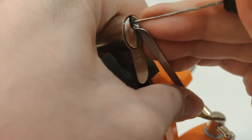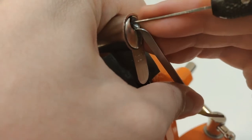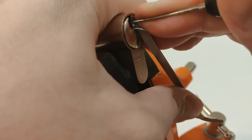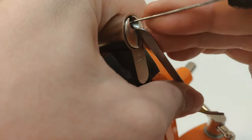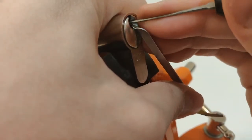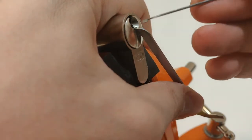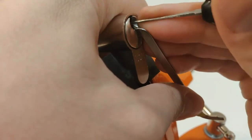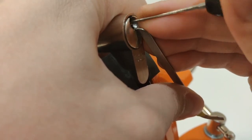So yeah, I set pin 1. Come on. Set pin 3, I think. So I think it's only one pin, but I'm not sure. Let's try again, let's continue picking the side pins. I will switch again and check the